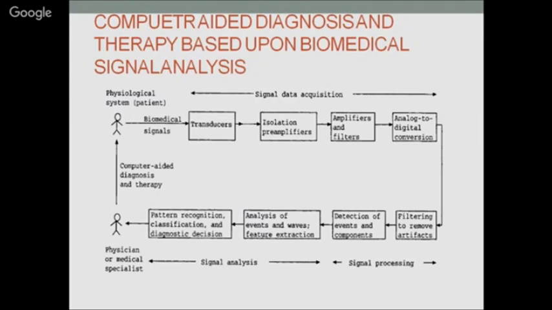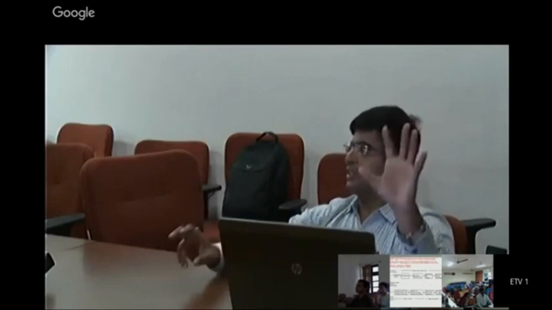Like if I am talking about movement, I have to classify 10, 15 movements according to the muscle signal. Then the first thing is I have to acquire the muscle signal in a very efficient manner. For that, I will choose a good electrode, and whatever recommendation is there, I will follow that. Then I will get the muscle signal. After recording the muscle signal, the first part is complete. Now the second part comes, that you have to apply the best signal processing tool to get the characteristics from these signals, and these characteristics will be used to classify the movements.